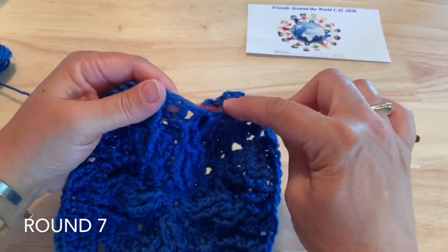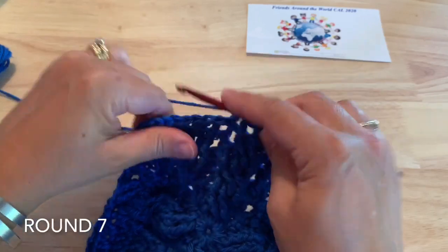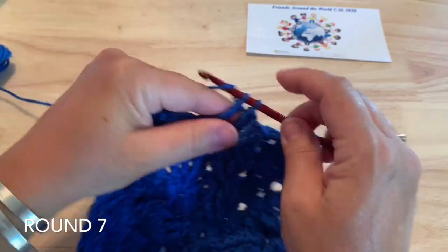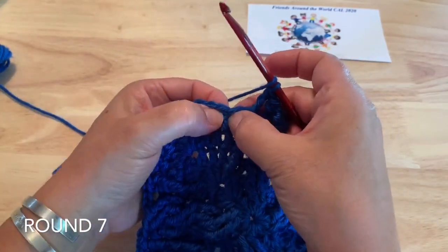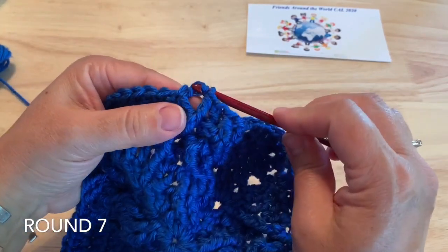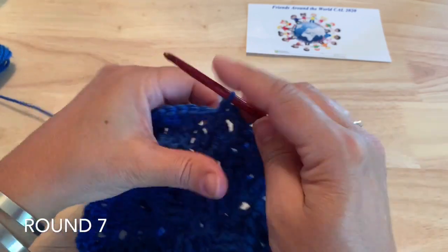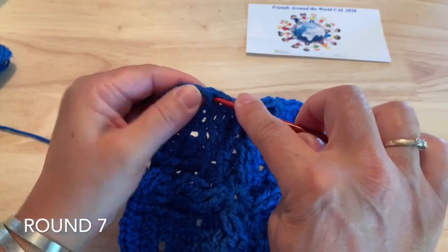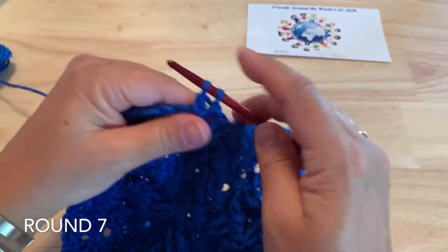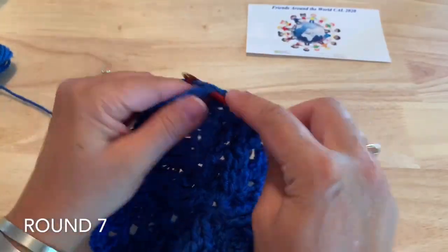Ready to work the back post treble around the back post stitch from last round and the front post treble around the front post treble. And again, inserting our hook between those 2 stitches of the twist, we will work 2 double crochet in that space between the stitches once, and in the second twist 2 double crochet in between the 2 double crochet. Double crochet in the last 2 stitches,